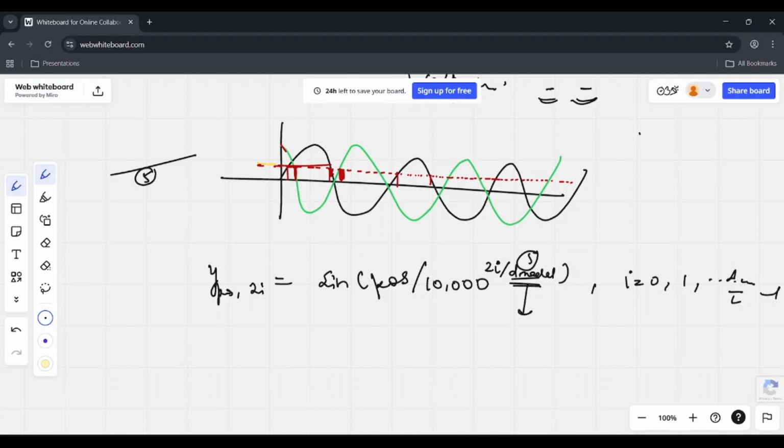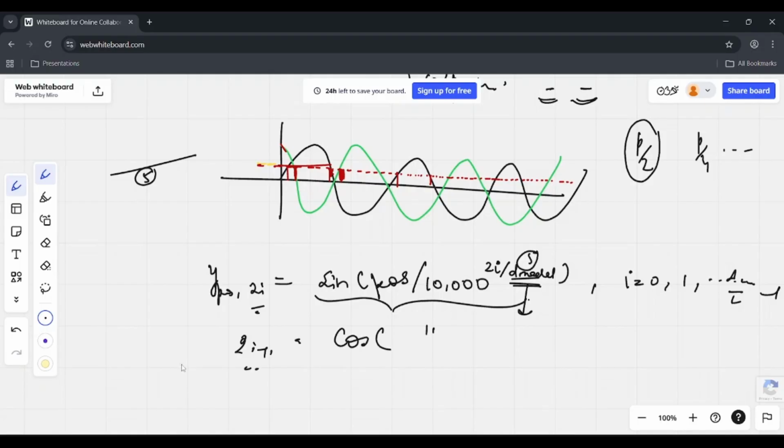Same way how we were decreasing the value p by 2, then p by 4, right? Here we are decreasing it this way. Similarly, for the 2i plus 1th position, what will we have? We will have cos with the exact same angle. Okay. So this is how it is used in the self-attention model.